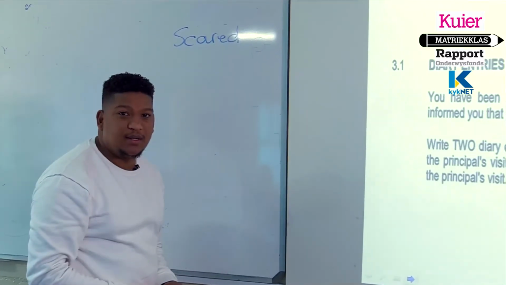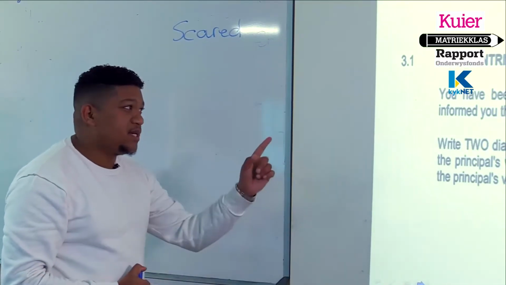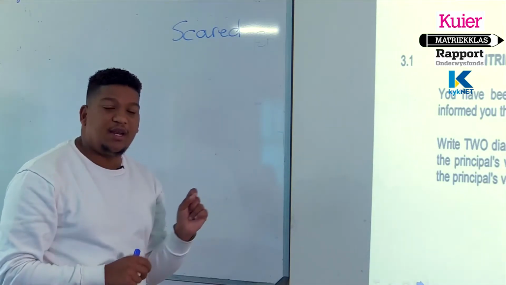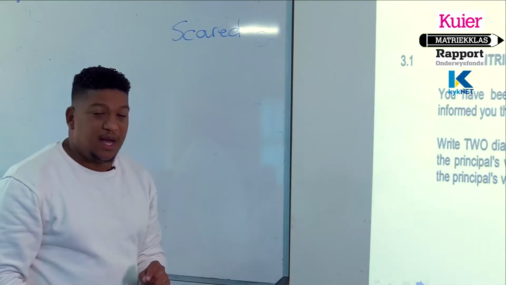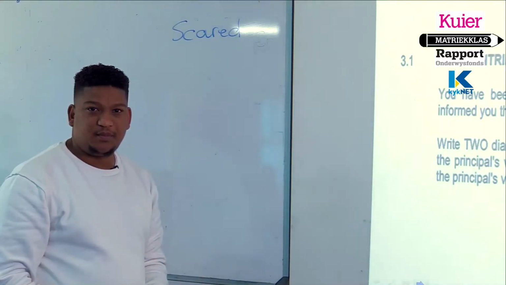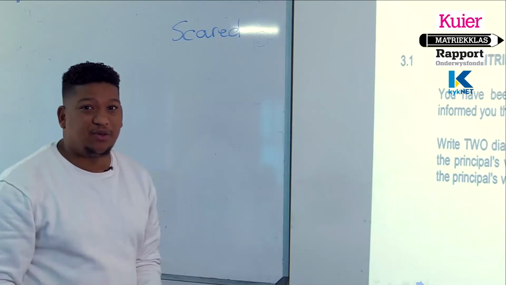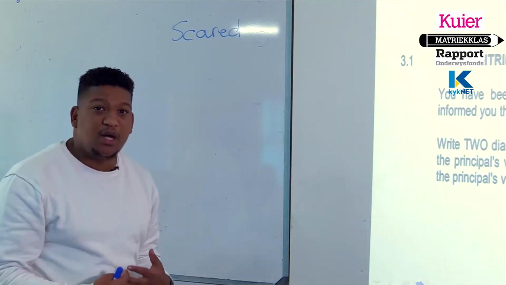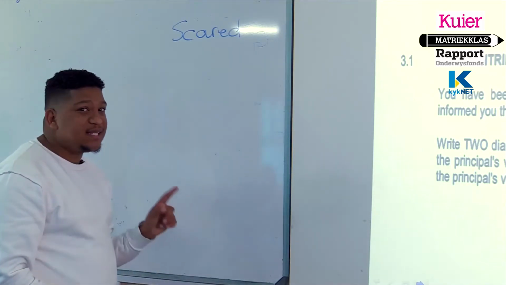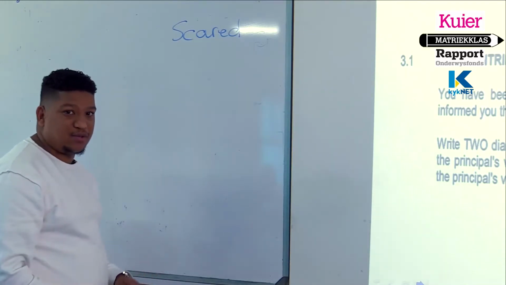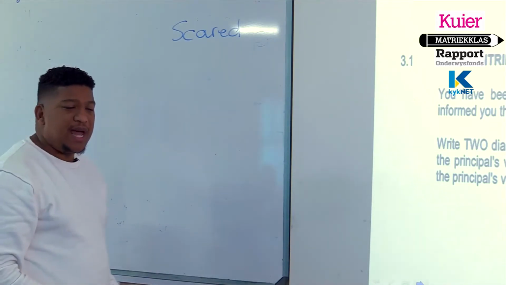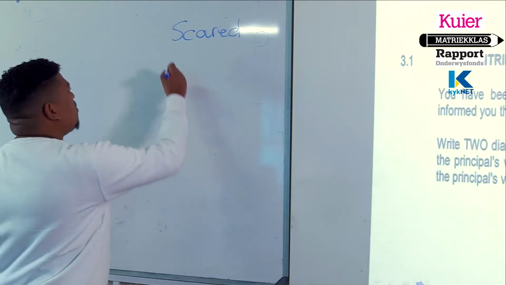I am scared. Obviously my principal is concerned about me. And here you need to understand that this is a diary entry, not a dialogue. I am scared for what's going to happen, what he's going to say, what he's going to ask, and how I'm going to respond to what he's saying. So I am scared that he's now coming to my house. That is a feeling I'm indicating before. At the same time, I'm also concerned.